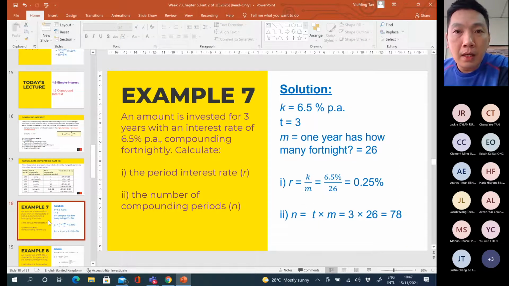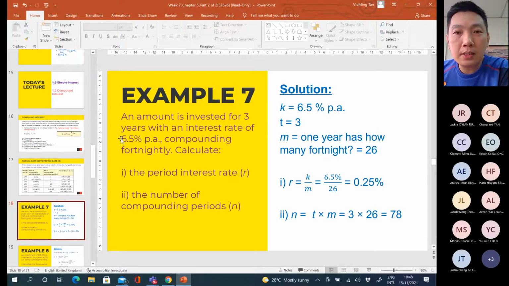An amount is invested for 3 years. This amount refers to the principal. Invested for 3 means this is the investment period, 3 years. Because it's already in years, we do not need to convert the T unit into any other unit. So I just put T is equal to 3. You can use capital T or small t, it is okay. With an interest rate of 6.5%, compounding